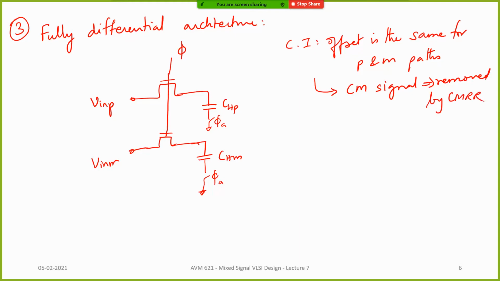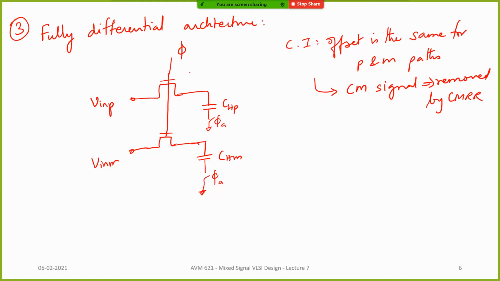We looked at these concepts of CMRR and other things in the previous Analog VLSI course, right? If you have a fully differential architecture, you do have charge injection coming from the main switch if you don't use bottom plate sampling, or if you use bottom plate sampling, you'll have a constant thing coming in. If you don't use bottom plate sampling and you don't use a bootstrap switch, then again the problem is there, because V in P and V in M will be quite different, and therefore you'll have voltage dependent charge and you'll end up with the same problem.